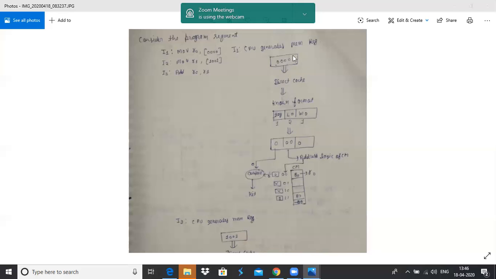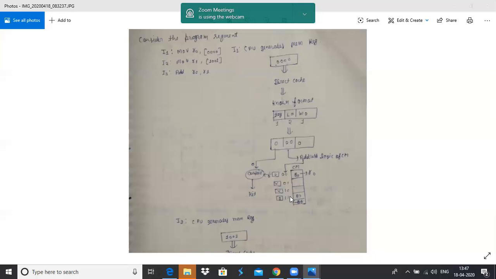So see here, the target is to find to which line number the block at address 0000 will be mapped. The cache memory contains a total of 4 lines: 00, 01, 10 and 11.